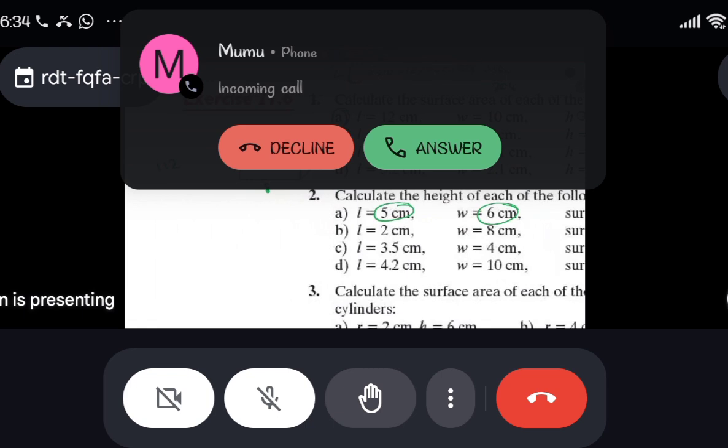सर, आपकी आवाज़ जो है वो थोड़ी भारी सी आ रही है।